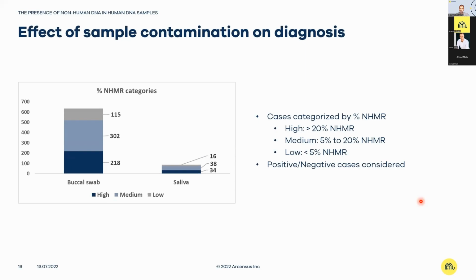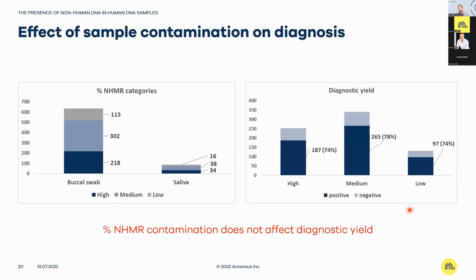So then we looked into this, and what we could identify, we saw that, as a matter of fact, there is no difference between the level of contamination and whether a sample would be diagnosed, yes or no. As you can see, in all 3 categories, so in the high category, we were able to diagnose 74% of the cases, and about 78% in the medium group,